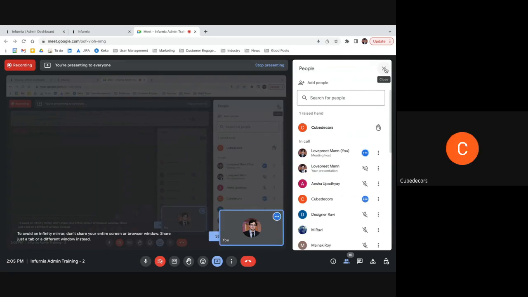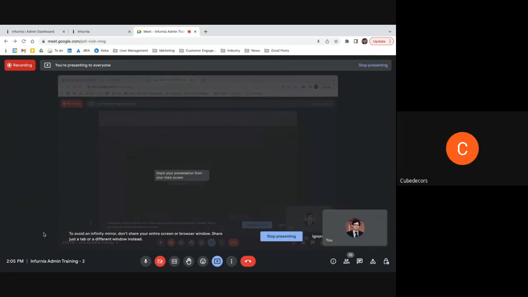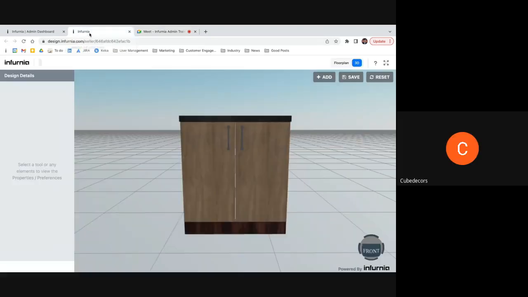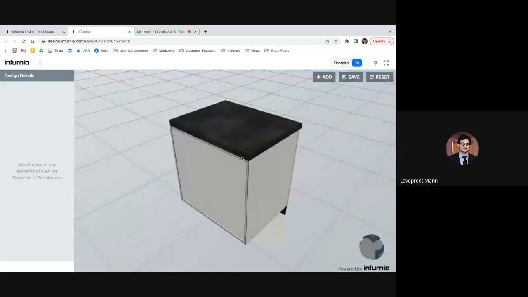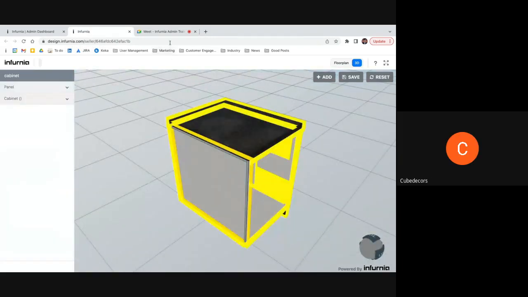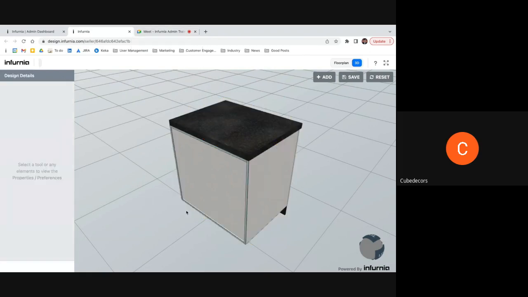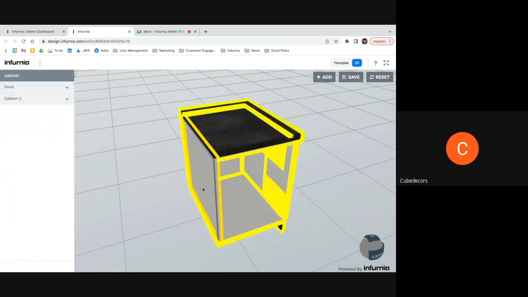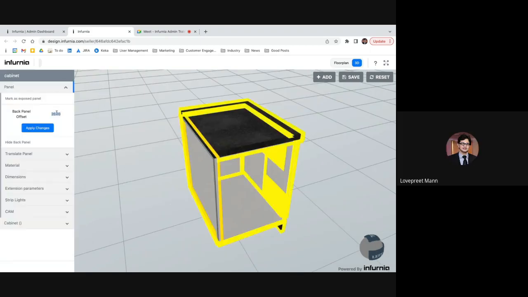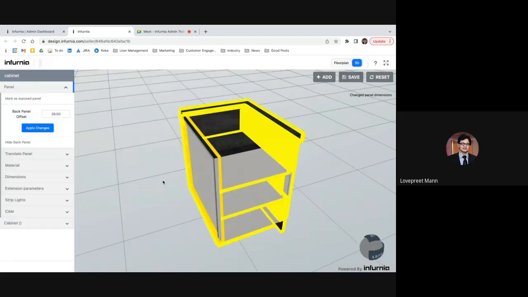Yes, sir. So the thing is, you told that the offset can be given like 20 mm, right? Yes. So that is including the ply thickness, right? Yes, that is including the ply thickness. But the actual meaning of the offset is that from the back it will push 20 mm, excluding the ply thickness. For that, you can basically give it more. So, for example, over here, you can specify 28, in which case now you have a 20 mm